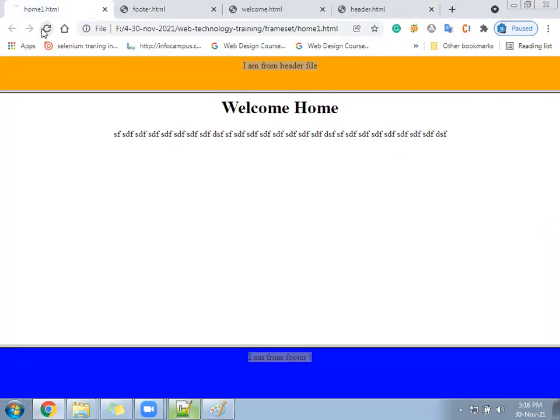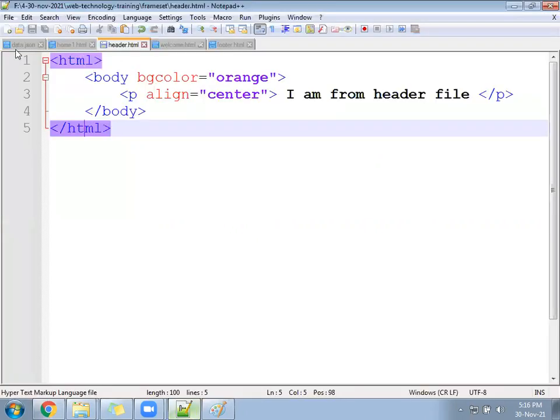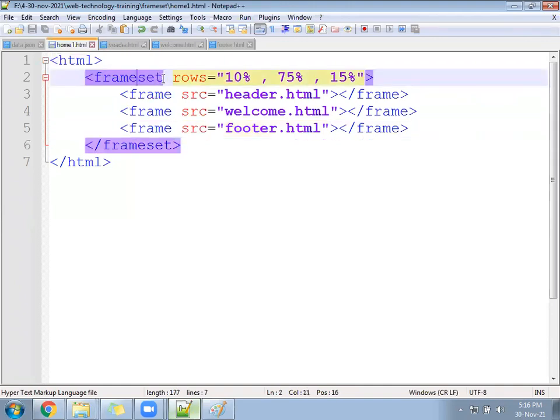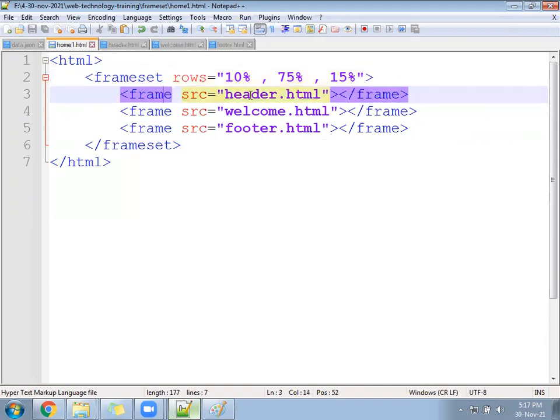So what we did, we created a home one file, and inside the home one file we use a tag called frameset, and using frameset you divide it into how many blocks? 3 blocks. Using the frameset you divide it into blocks, and using frame you are including the file, you are calling the file.